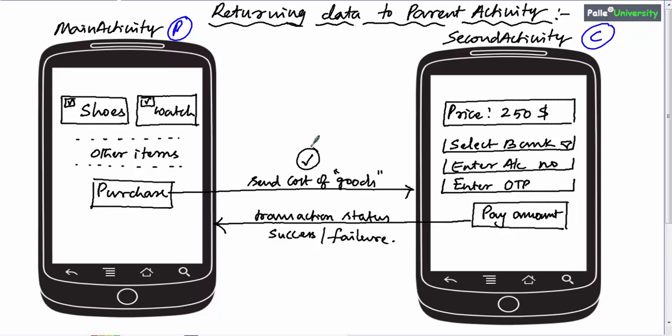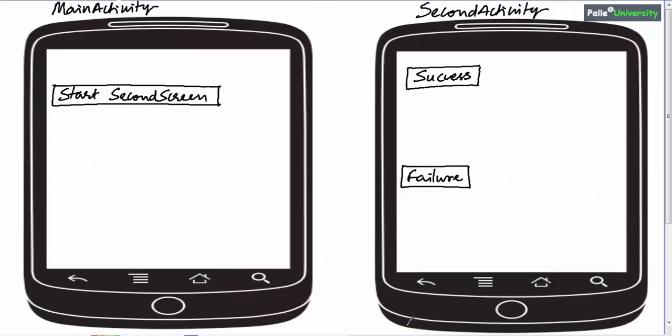Now, in order to understand this, let me take a pictorial representation. Let us say our application contains two activities, main activity and second activity, where the main activity contains one button to start the second screen. The second activity contains two buttons, success and failure. Just to understand how to return the data from child activity to parent activity, I have taken one dummy example here.